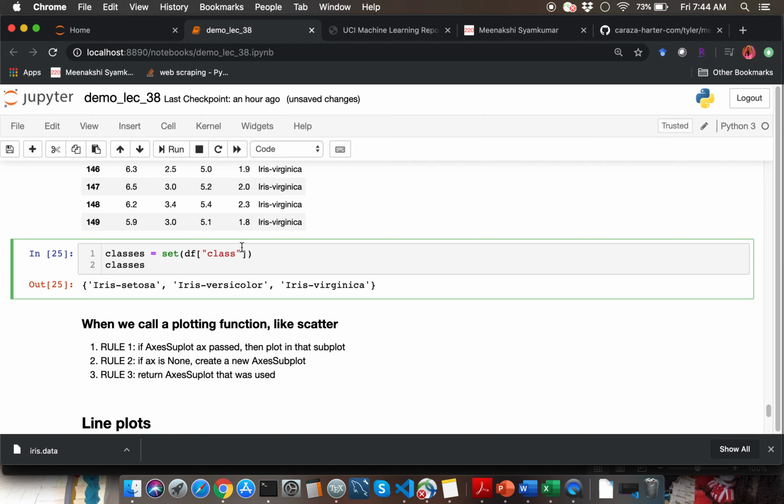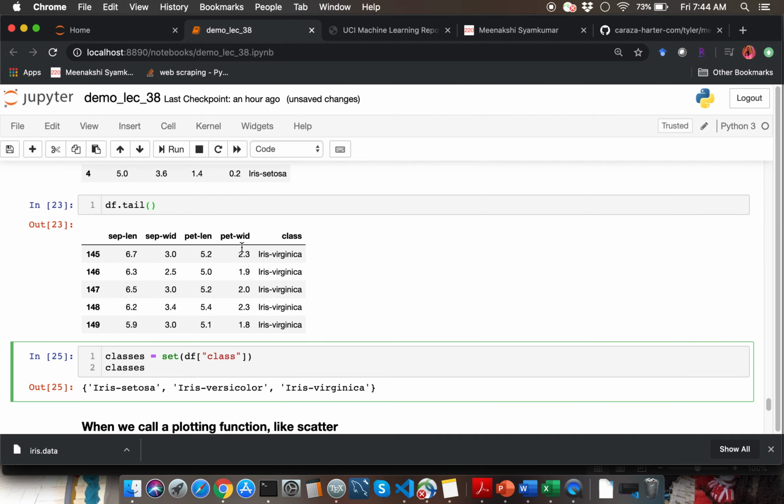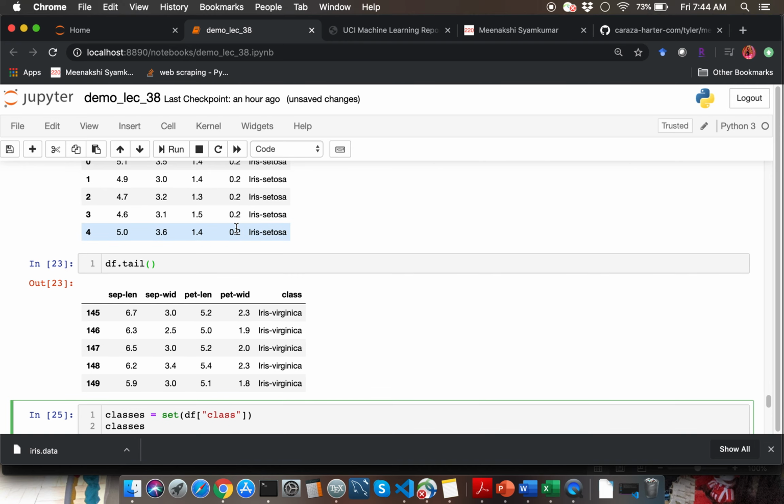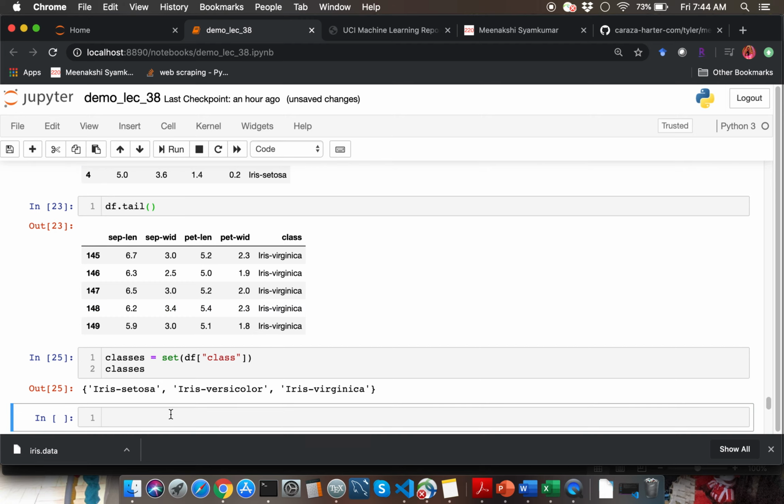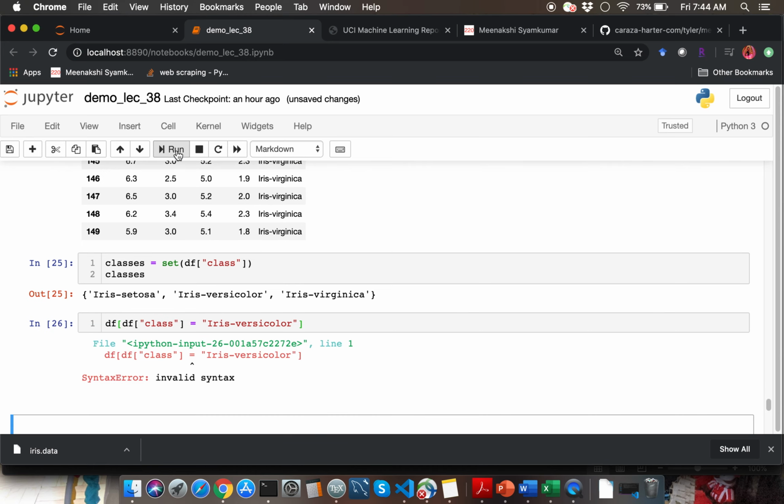All right. So now we need to be able to visualize part of the data frame which is represented by one of these classes, right? So how do you do that? We can very easily extract that part of the data frame by saying df of class is something. So I'm going to go ahead and copy the class name for the middle class over here, just as an example. So if you do this, this is going to,